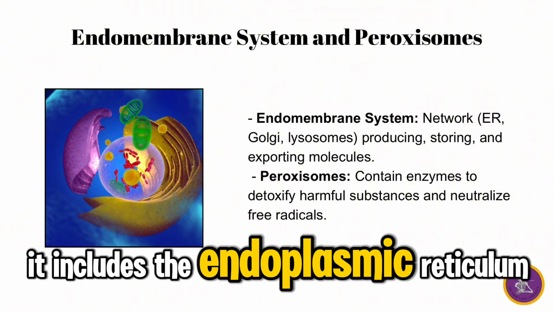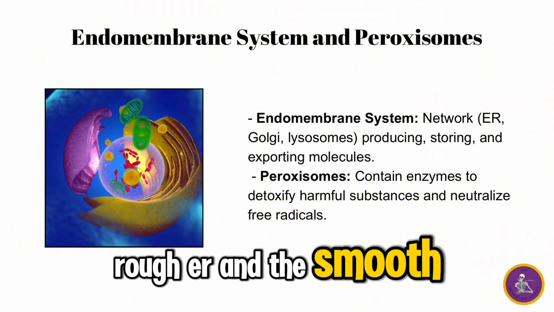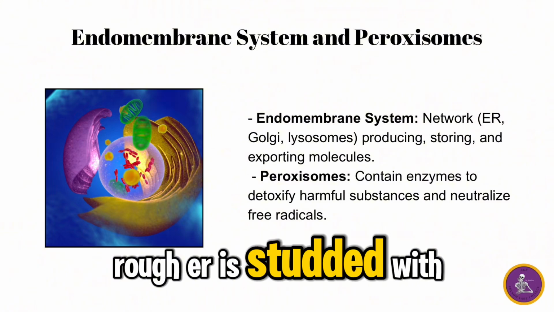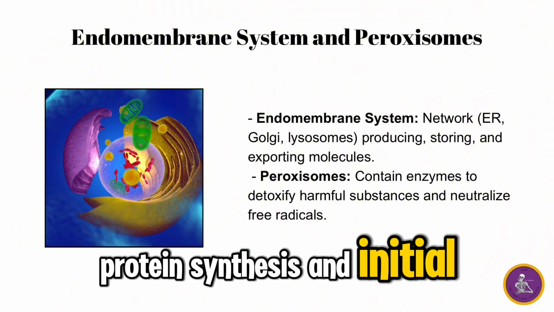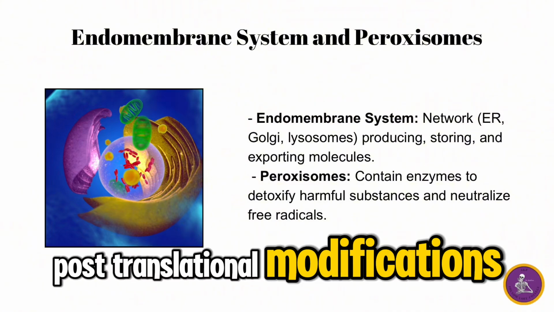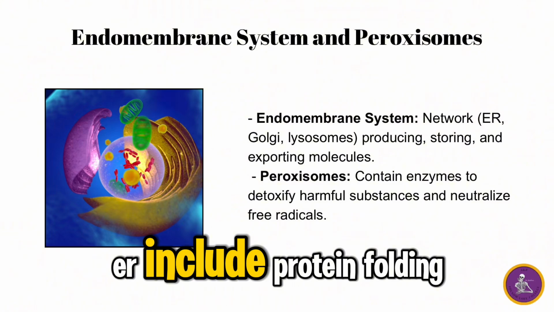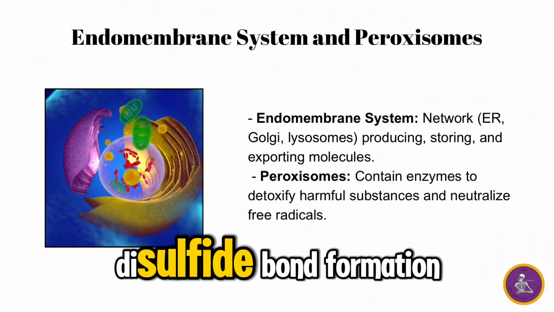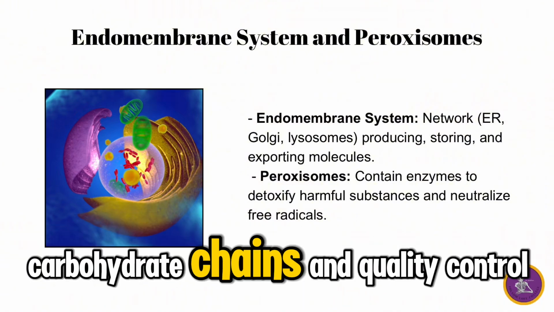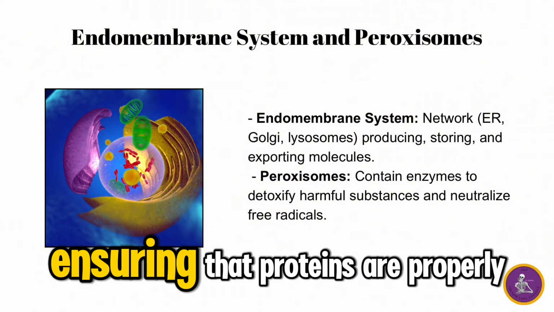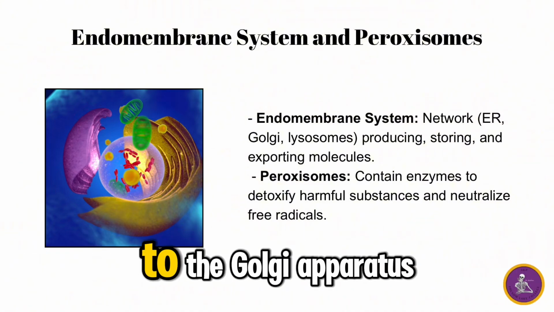It includes the endoplasmic reticulum, which is comprised of the rough ER and the smooth ER. Rough ER is studded with ribosomes and is the site of protein synthesis and initial post-translational modifications. The post-translational modifications that occur in the rough ER include protein folding, disulfide bond formation, glycosylation, which is the addition of carbohydrate chains, and quality control, ensuring that proteins are properly structured and functional before being transported to the Golgi